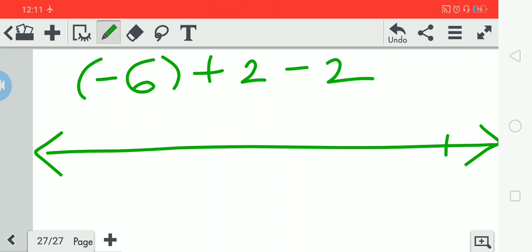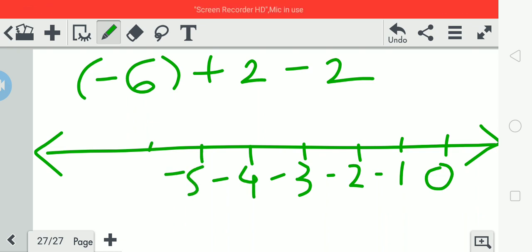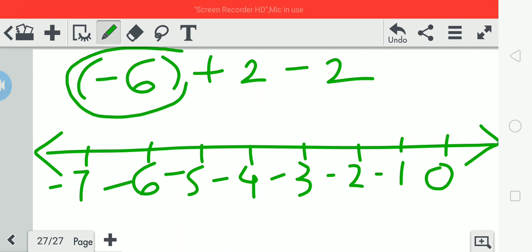See here, draw the number line: 0, minus 1, minus 2, minus 3, minus 4, minus 5, minus 6, minus 7. Dear kids, why did I choose the negative number line? Maybe that is a question for you. Here, your biggest number is minus 6, so it is necessary to draw the negative number line till 6. If there is a bigger negative number, you can extend it. By practice you will learn till which number you need to draw the number line.